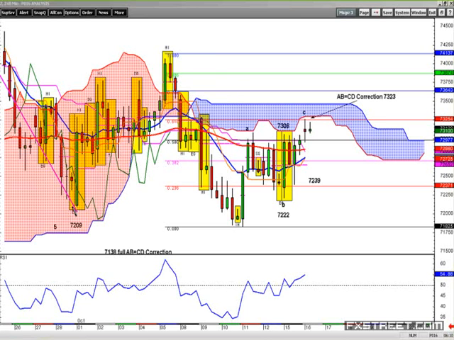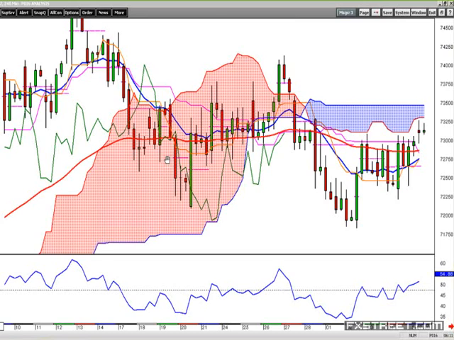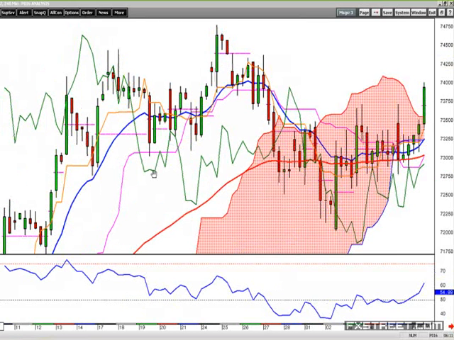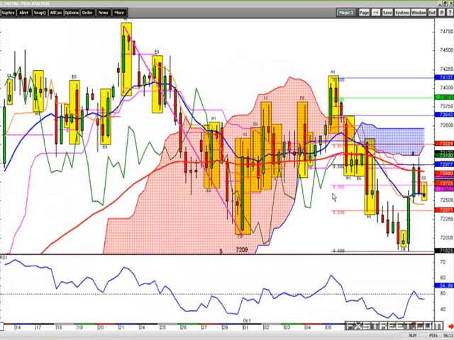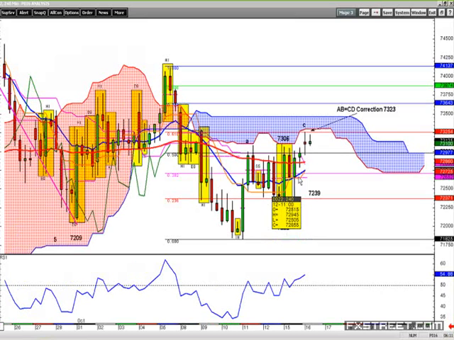Let's just explain them. They're all looking corrective, and all the previous waves, let's just clear that off, can all be counted in 3 waves. 1, 2, 3, 1, 2, 3. So they're all subwaves. And on the 4-hour chart, it's an aggressive sell-off, and it's a choppy sequence back up in 3 waves to 61.8%